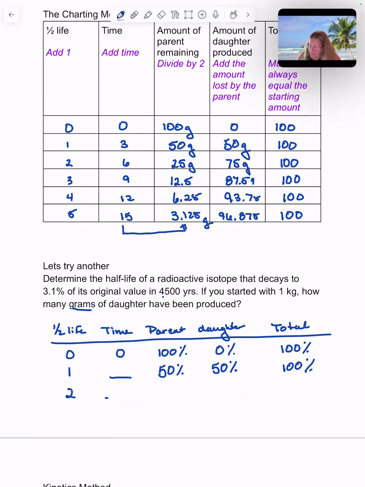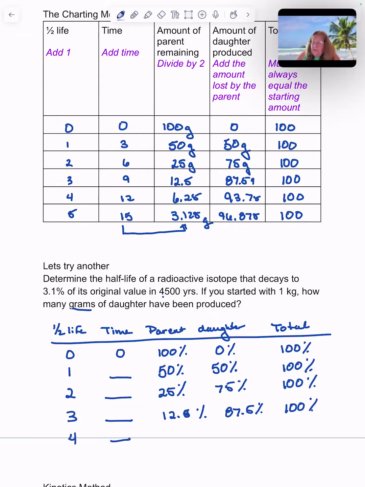Two half-lives, we don't know what that is. 25% of my parent, 75% of the daughter, 100% total. Three half-lives, we don't know what this is. We're at 12.5 percent, and now we are at 87.5% for 100% total. Some of you may have already noticed this is kind of mirroring the one we did before,